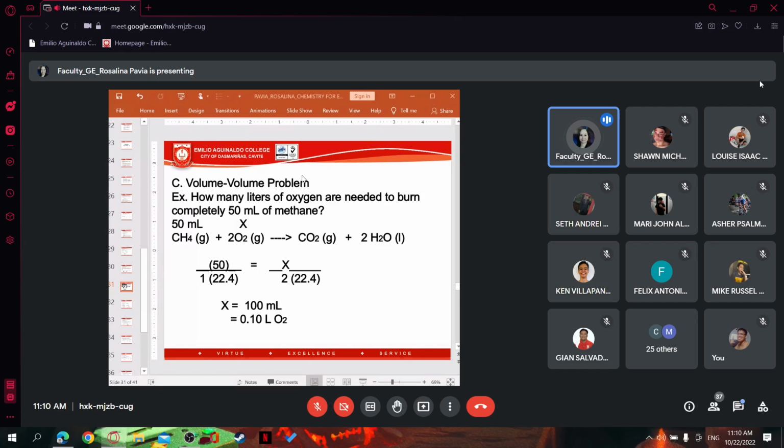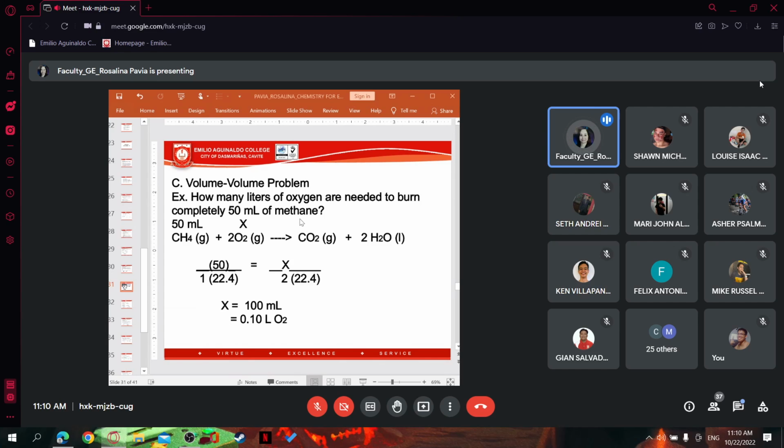Next, we have volume-volume relationship. This actually is for gases, both gases, reactants are gases, and products are gases. Pwede rin naman express natin yung amount of gas in terms of mass. Pwede rin. Halimbawa, eto hinahanap